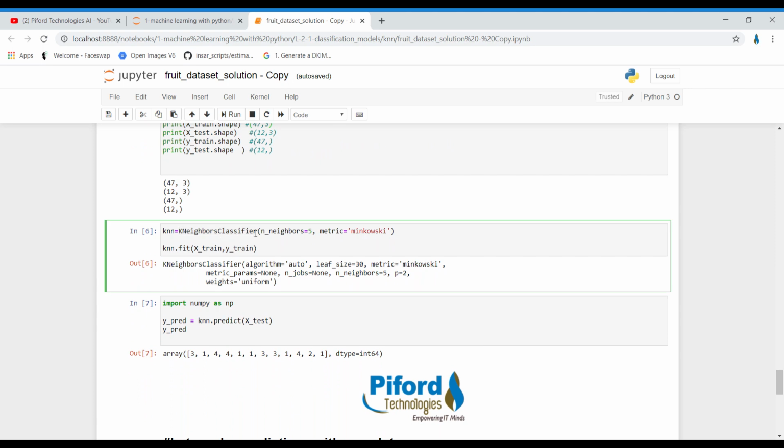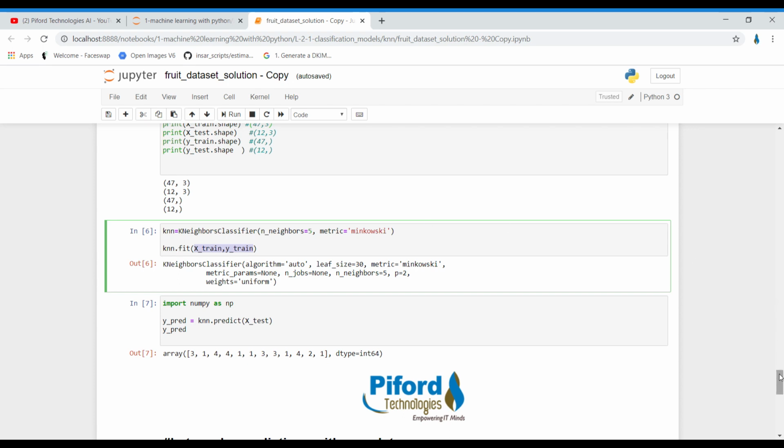As I've told you, we need to tell how many nearest neighbors we want to find. Over here I'm saying find 5 closest neighbors and then check the majority, and on the basis of that majority, whenever we give a new data point, assign that data point a correct class. I'm fitting X train and Y train data to our algorithm so that it can learn from that data.